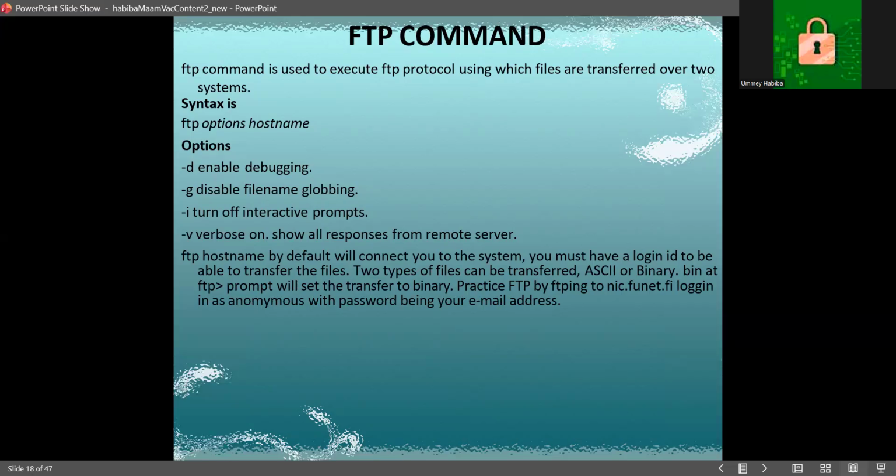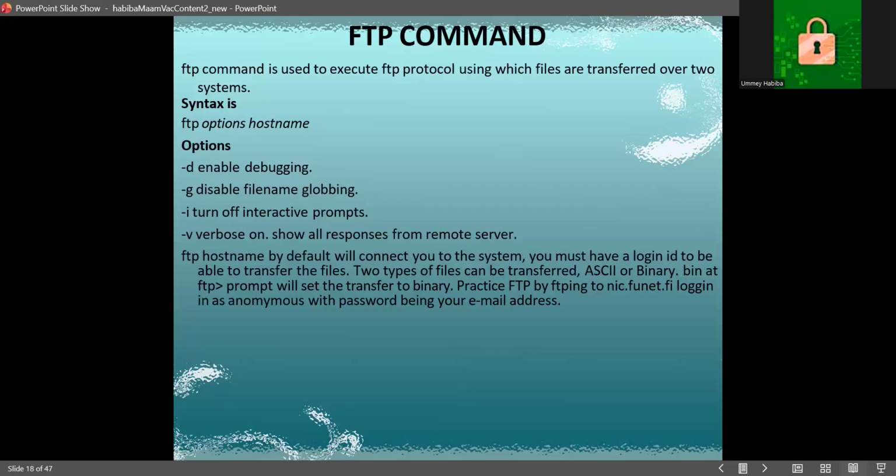It allows users to upload files from a local computer to a remote server or download files from a remote server to their local system. The FTP protocol works on a client-server model where the user system acts as the client and connects to an FTP server to exchange files. This command is widely used for sharing files, maintaining websites, and transferring data between systems connected through a network or the internet. To start an FTP session,